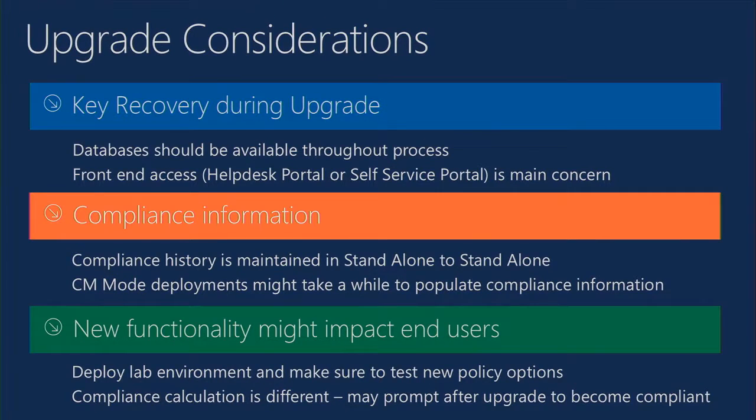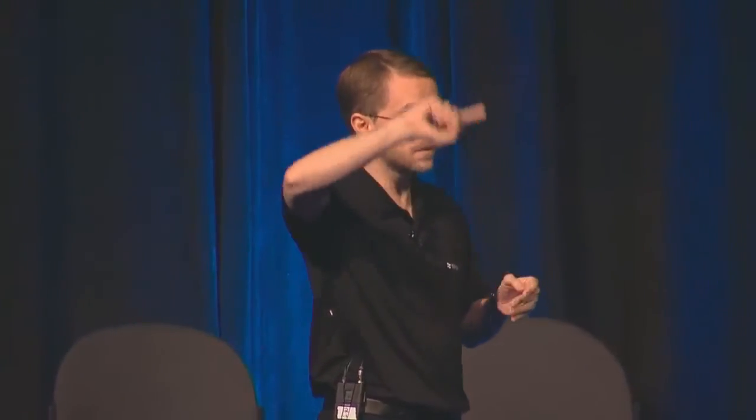The compliance information we talked about. Another interesting thing there just to consider is that CM might take a little while to populate that compliance data. You control the cycles for standalone as far as compliance being reported. For CM, it becomes part of the CM cycle. So whatever is your interval for reporting hardware and software inventory, MBAM will be part of that. So just be aware that whatever cycles you have there will be the cycles that MBAM will require to repopulate that database, which you will want to do anyway, because we don't provide a way to migrate that compliance data